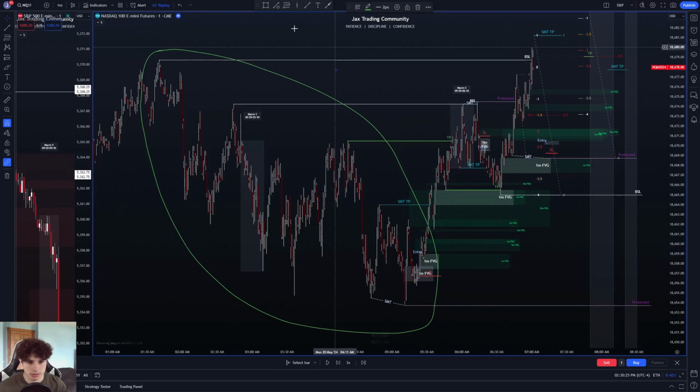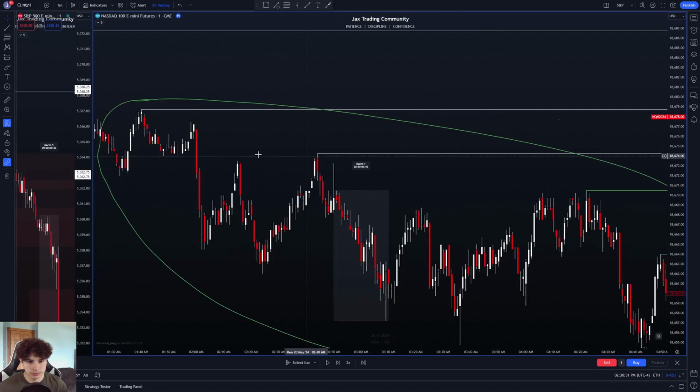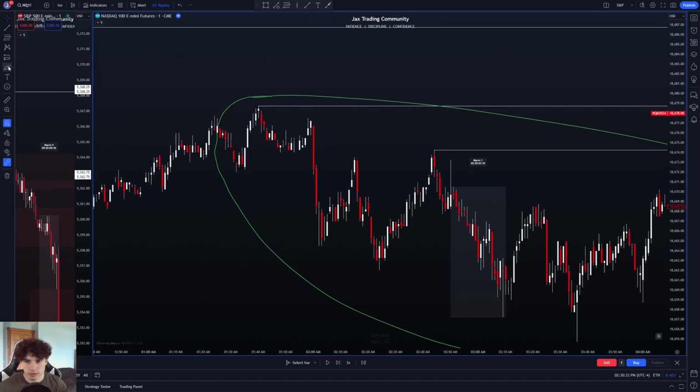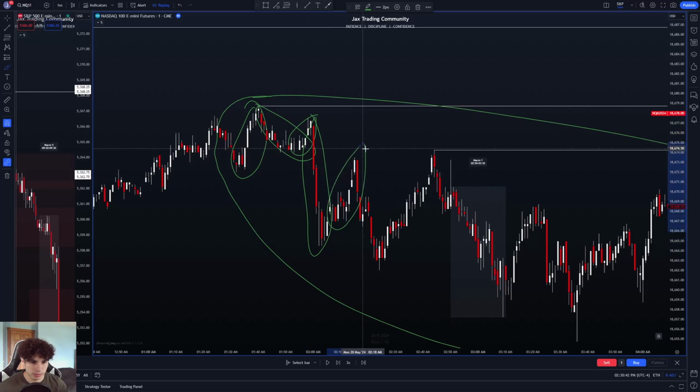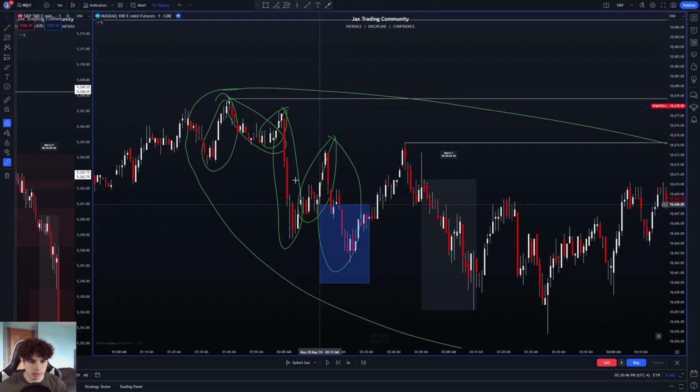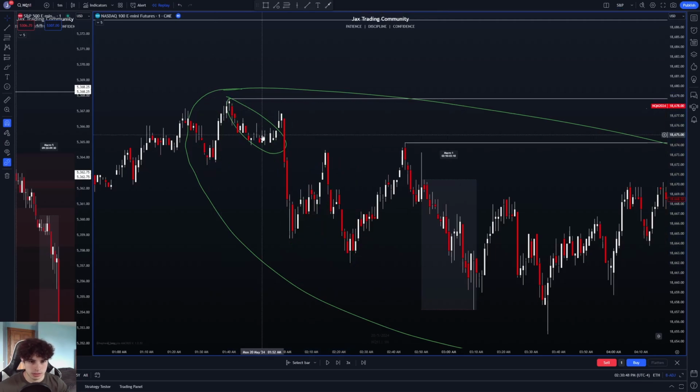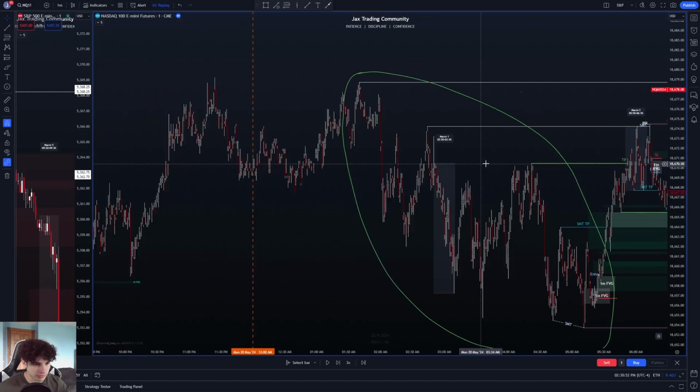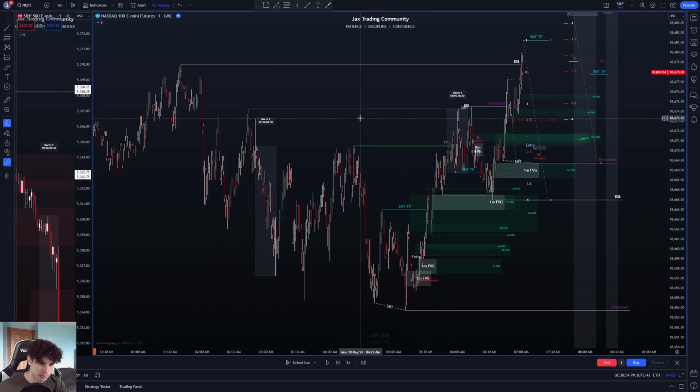And this is technically a fractal, right? This is an entire move down. But then inside of this move, you have a bunch of other smaller moves. For example, this right here, this move up, this move down, this move up, this move down. And you have all of these tons of fractals. And then going on a higher time frame, you have higher fractals and higher fractals and higher fractals. And then a model fractal